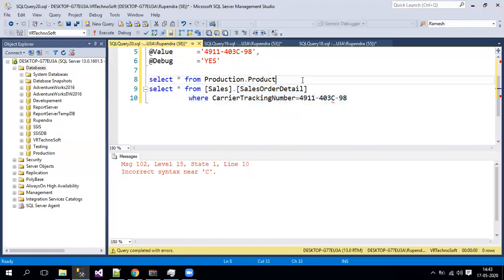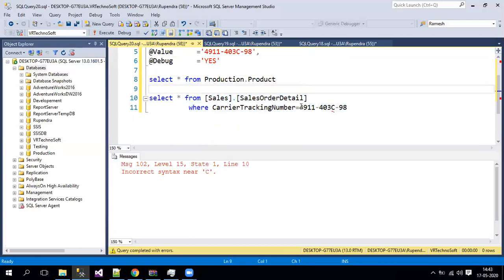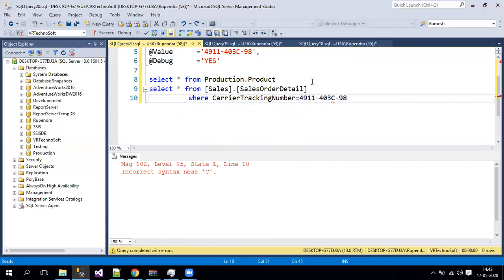So now what's happening, if it is an integer, no need to provide any single quote in a SQL query, correct? But let me take out both the examples. I'll just copy this query again.